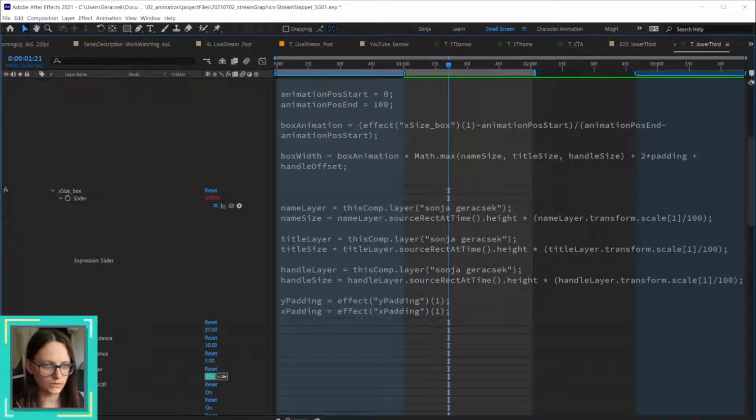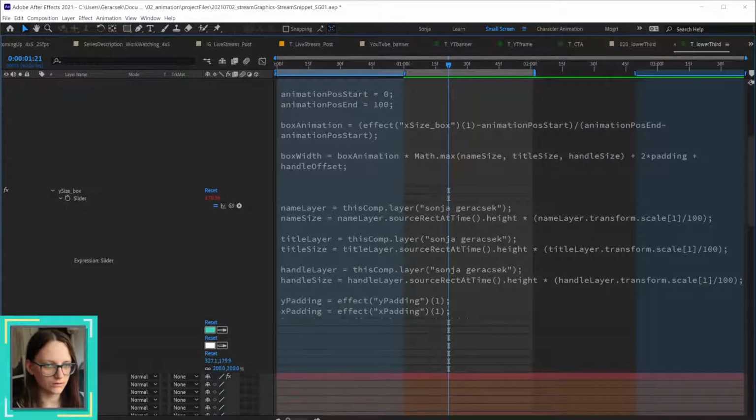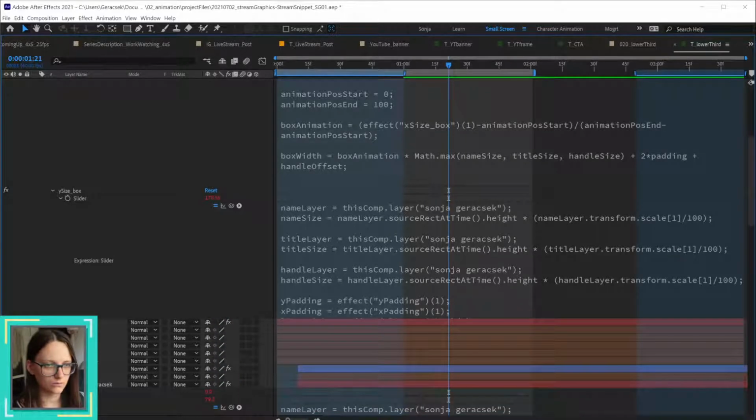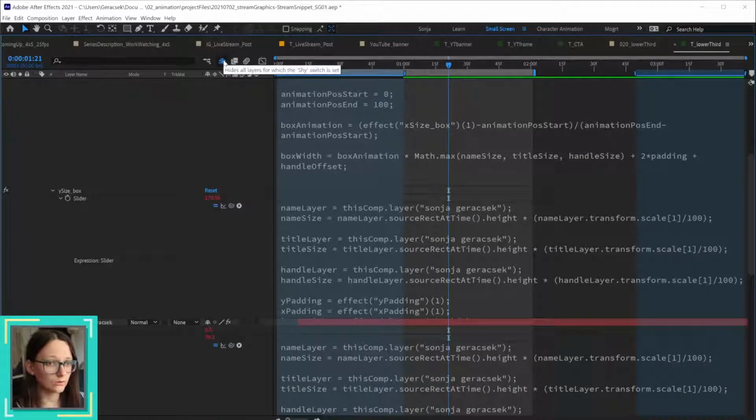Let's put these away. So I'm holding Shift and Alt and I'm clicking on these sliders to remove them from view. And actually, you know what? I'm going to make these shy,